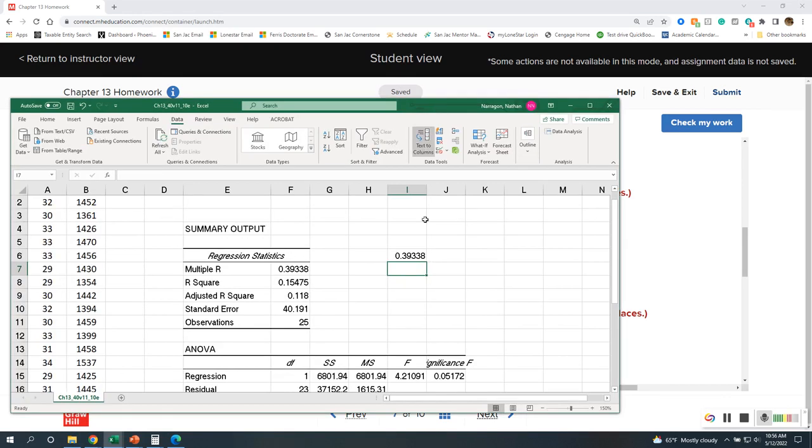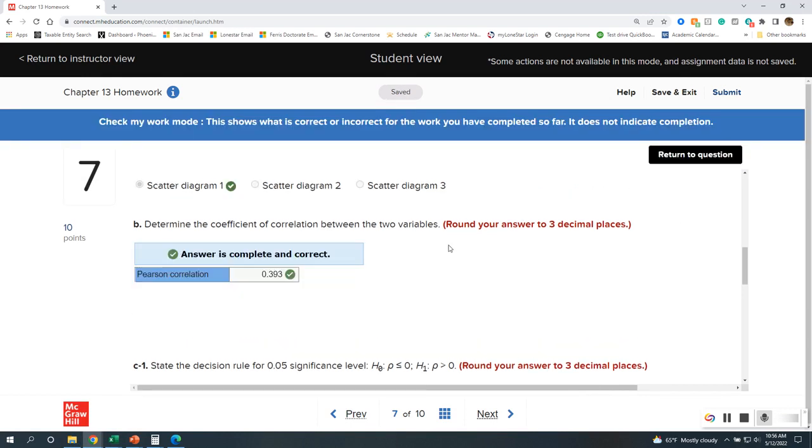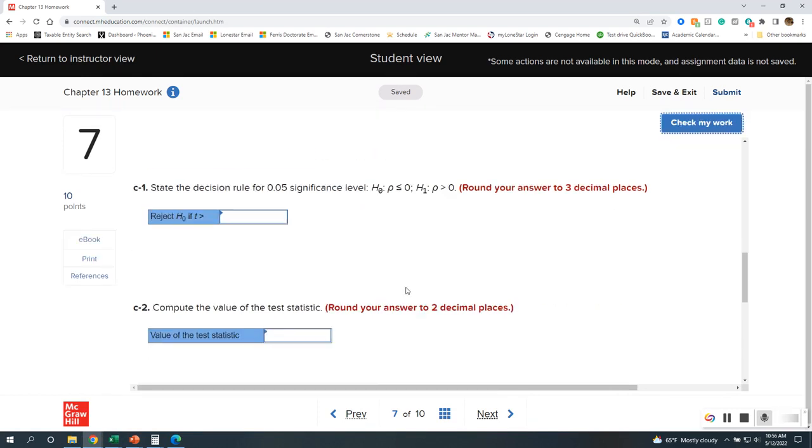So if you did take the square root of R squared, we get 0.393. Okay, so again, using the technology at our hands,